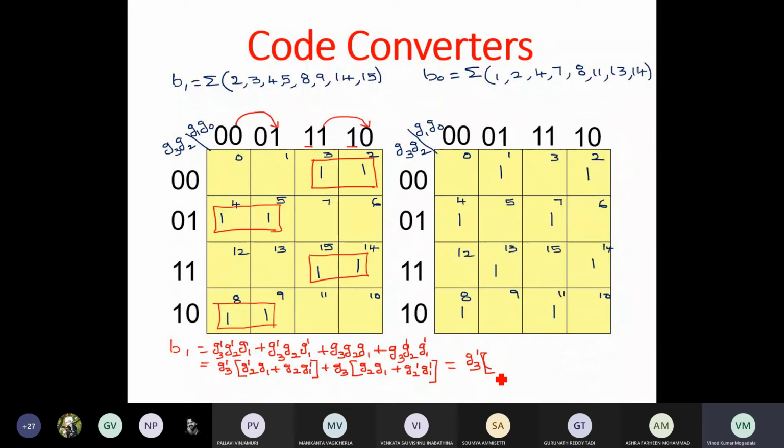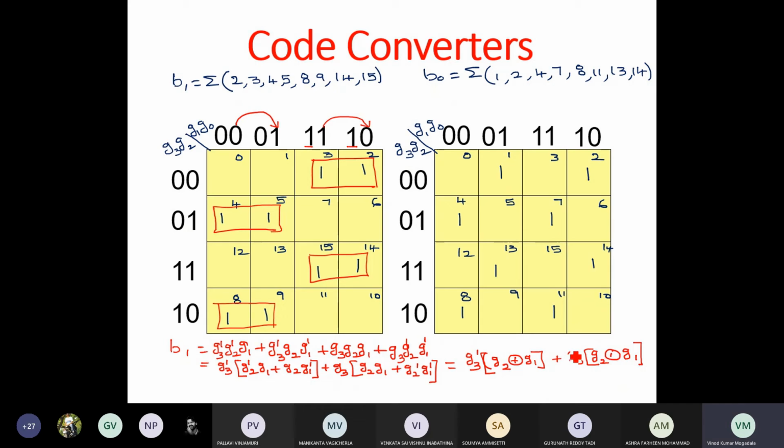So in brackets you can write Z2 XOR with Z1, right? And then it is Z3. So in brackets it is Z2 XNOR with Z1, right?